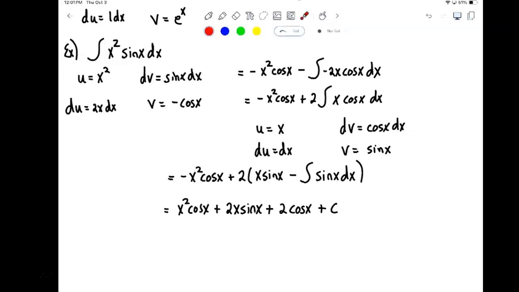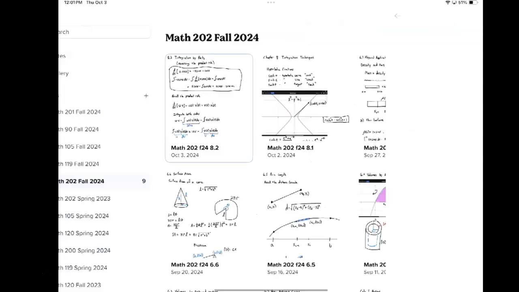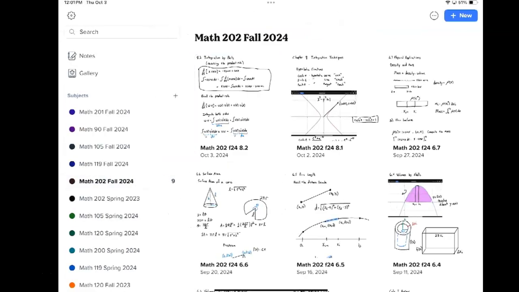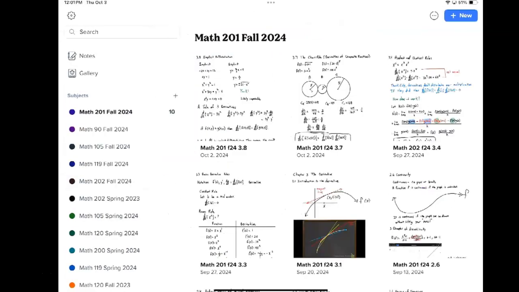Now, to take this thing and differentiate it, you'd have a product rule here, right? And you'd have a product rule here, and what you would find is a whole bunch of other stuff as you're doing it would cancel out, leaving you only with x squared sine x. Okay. I actually did an example in my Calculus 1 class. We just did an example recently. I'll take you back and show it to you here,